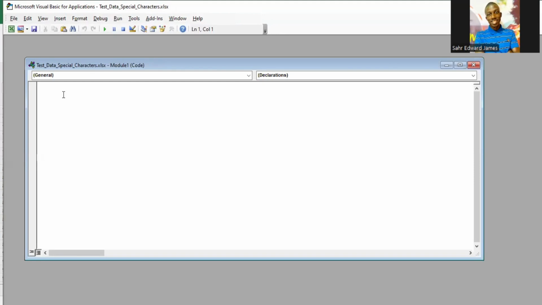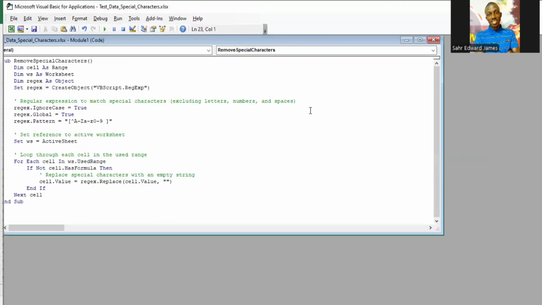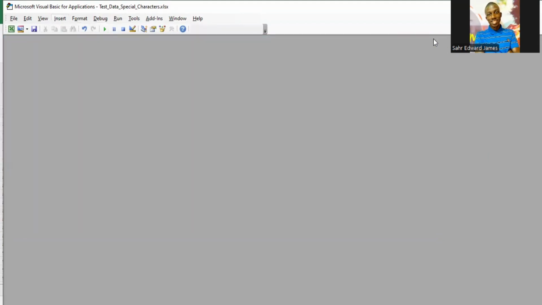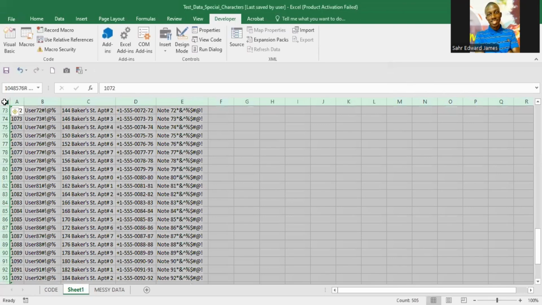What you want to do is to place this code, I'll provide in a link below, and then you will have to close this one and then you close this other black tab and then now we first highlight all the data that we want to remove the special characters from and then